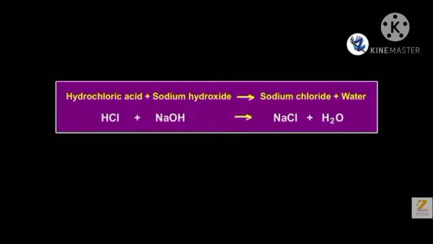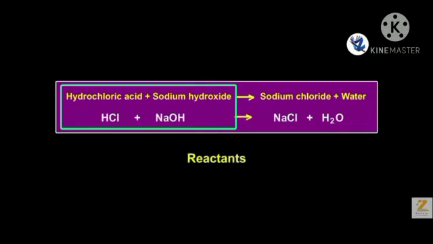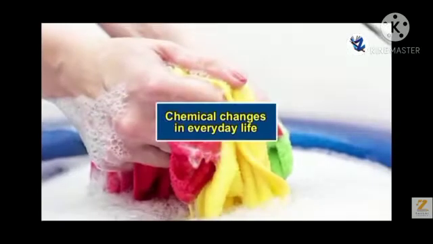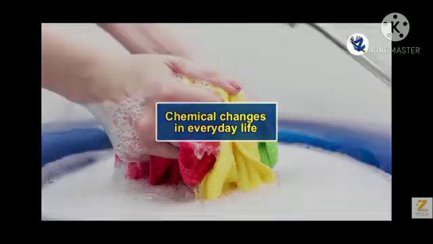While writing a chemical equation, original substances are written on the left side and newly formed substances are written on the right side. An arrow is drawn in between. The arrowhead points towards the substances formed. The arrow indicates the direction of the reaction. Substances written on the left side are the original substances called reactants, and the new substances formed are called products.